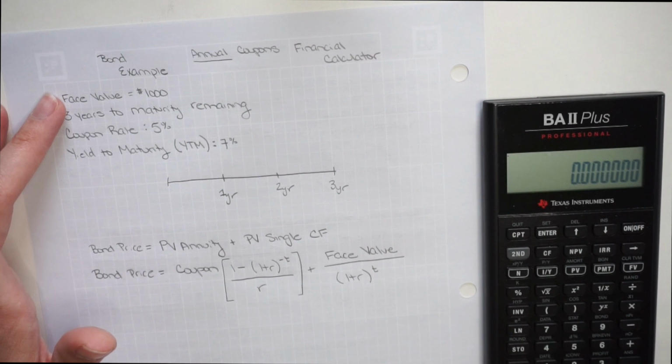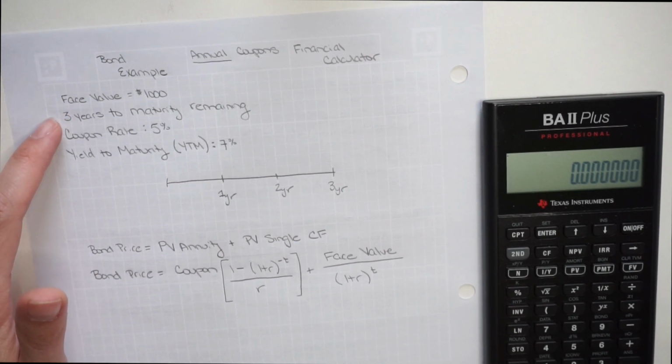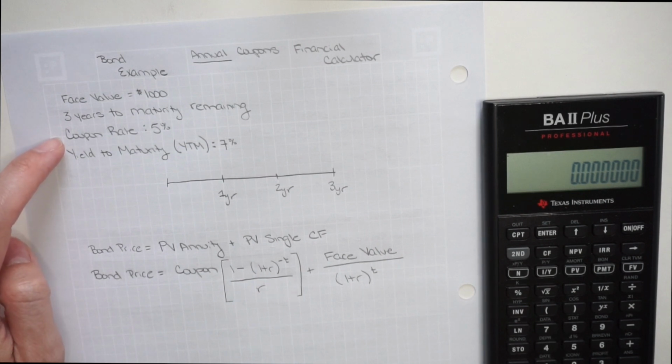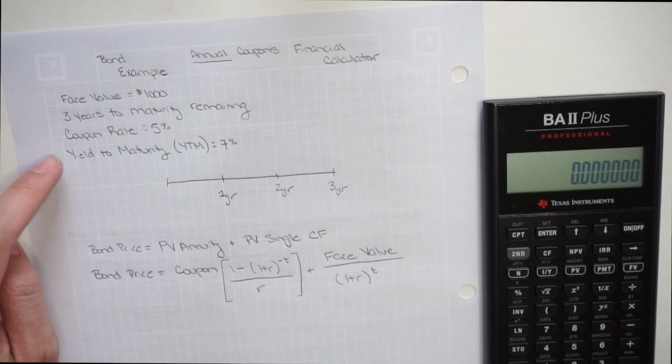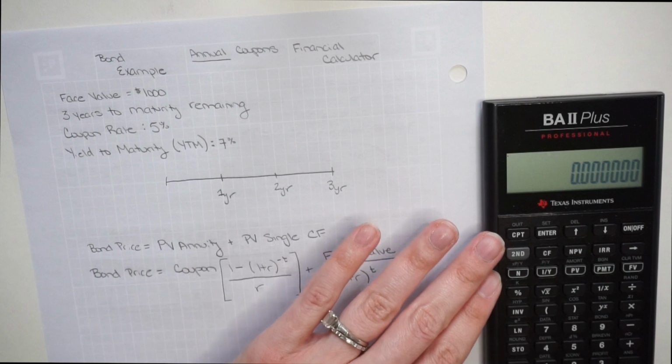First up, I have a face value of 1,000. I have 3 years to maturity remaining, a coupon rate of 5%, and a yield to maturity of 7%. What I'm going to be trying to solve for today is the bond price using different time value of money equations. First I'm going to solve it using the formula,